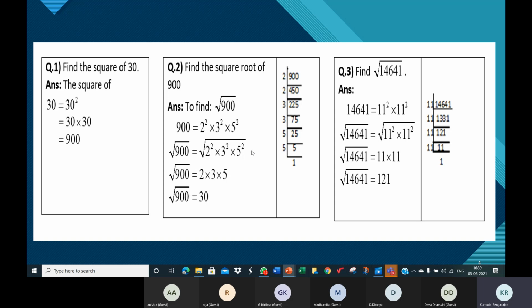Supposing you had another 5 square, children. So from those two fives, one 5 will come out. It's not that you should have only two twos. You can have four twos also sometimes. You'll have six twos. Half the number will come out. So when you have six twos, half of it, three twos, will come out.